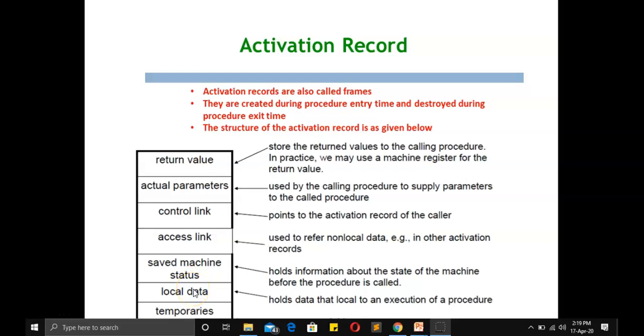Local data we know local variables எல்லாம் ஏதாவது use பண்ணியிருந்தோம்னா இந்த இடத்துல stay பண்ணிக்கலாம். And temporary area where some temporary variables can be stored.